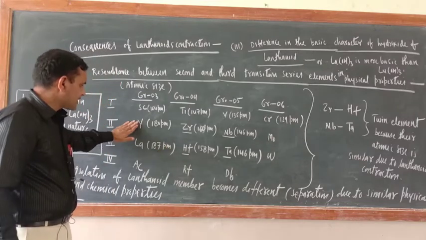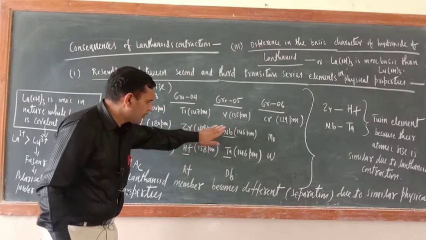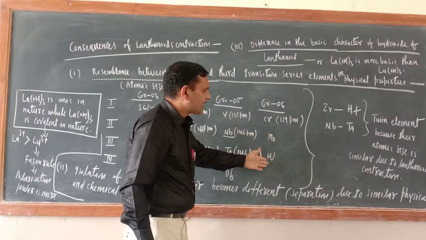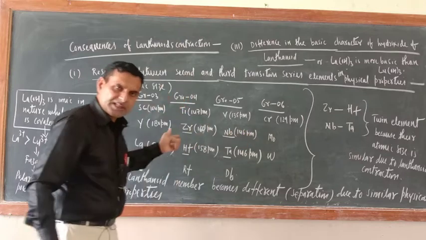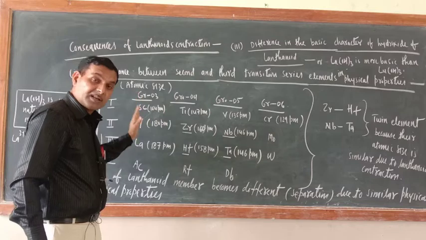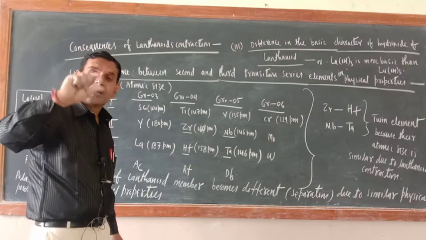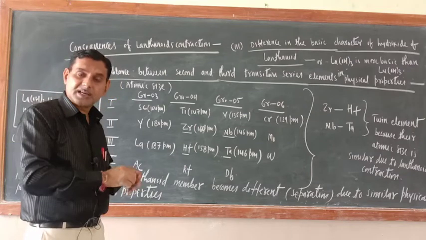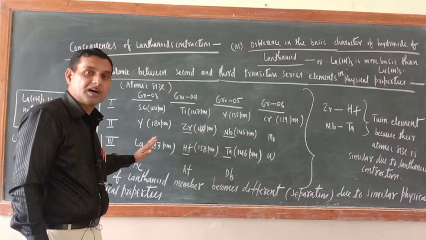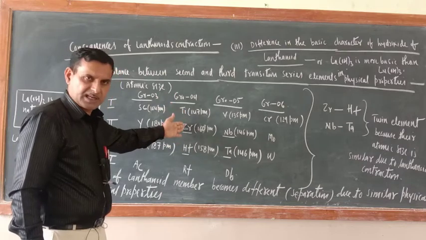It is not similar in case of yttrium and lanthanum, but similarity is there between zirconium and hafnium, niobium and tantalum. Same similarity will be present in molybdenum and tungsten. Due to lanthanide contraction, their atomic size becomes similar. Because of lanthanide contraction only, there is no increase in the atomic and ionic size of elements of transition series as we move top to bottom in the group, except the first member. They are members of the transition series only.